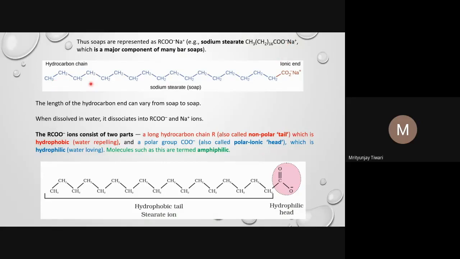The structure can be written in this way: CH3, all these 16 CH2 groups, and then COO minus Na plus. As you can see, this is the ionic end, and this is the hydrocarbon chain end. These ions are there, so in aqueous solution, if you add the sodium or potassium salts of fatty acids,